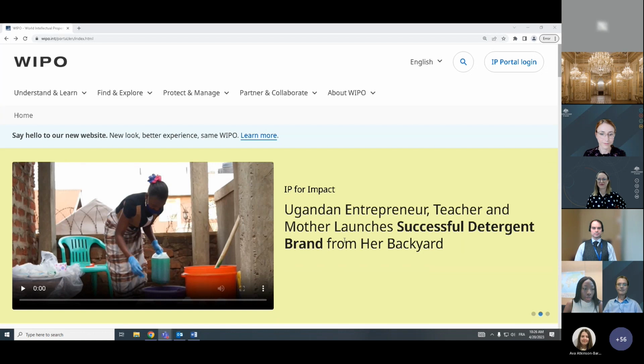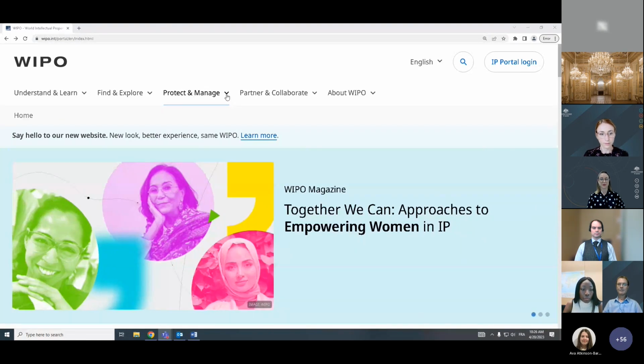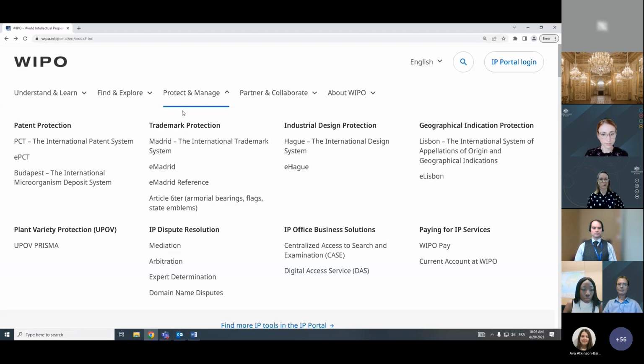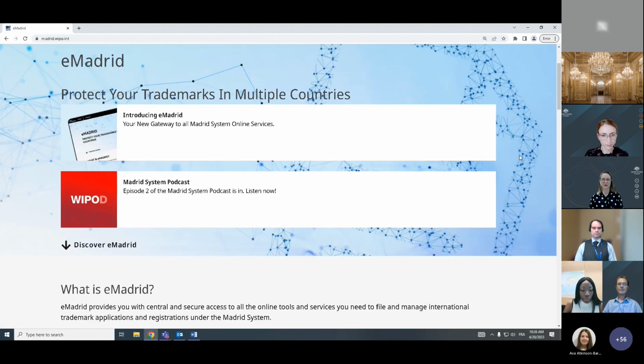All right. So as you can see, we are now on the WIPO website. And to find Madrid Monitor, you will need to go on our page eMadrid, which is where we have regrouped all our online tools and services to help you file and manage your application. So now to find the eMadrid page, you will go on the menu, under Protect and Manage. You click on the drop-down menu, and under Trademark Protection, you have all the links. Here is eMadrid. So you click on the link, and you will find yourself on the eMadrid page. As you can see,